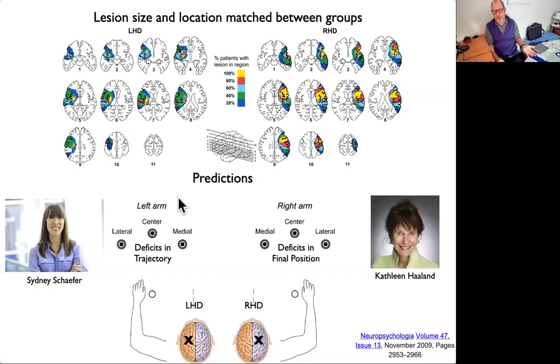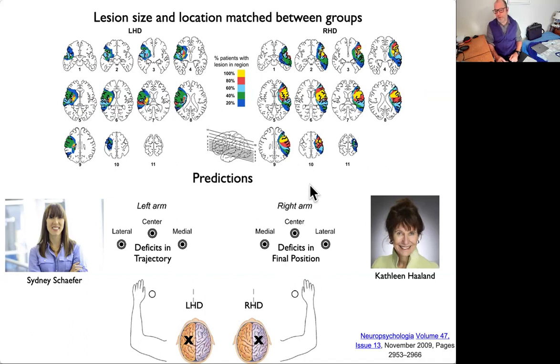One of our first studies was done with Sydney Schaefer, who's now at ASU, who was a grad student of mine, and Kathy Holland, who's a neuropsychologist who taught me so much about neuropsychology assessments and dealing with stroke patients in a quantitative way, including lesion characterization. We work together on these projects, and this is an overlap analysis of right hemisphere and left hemisphere damaged patients